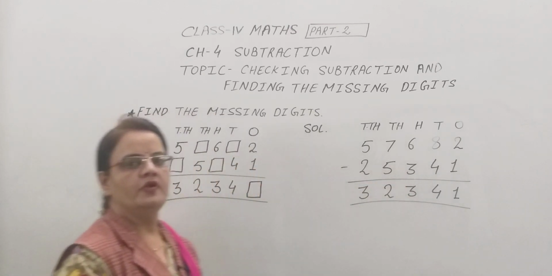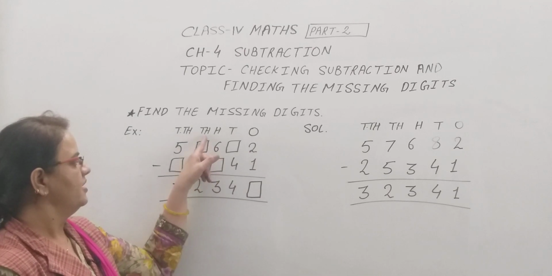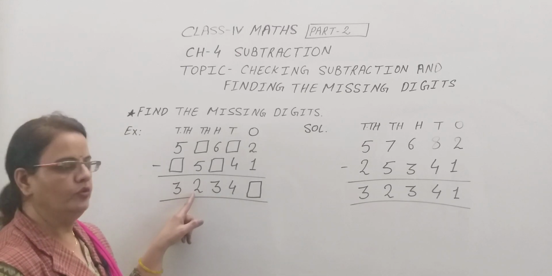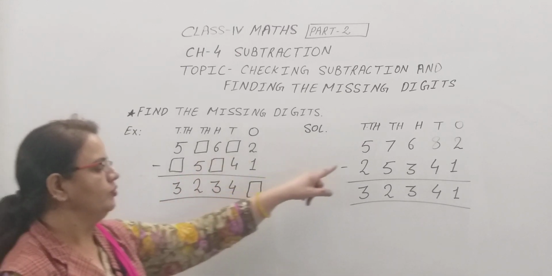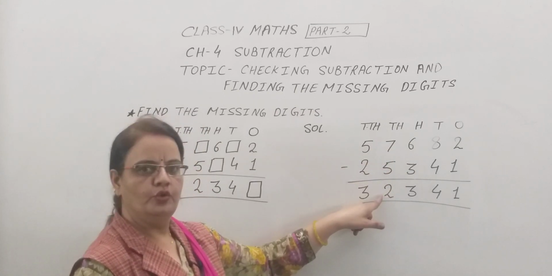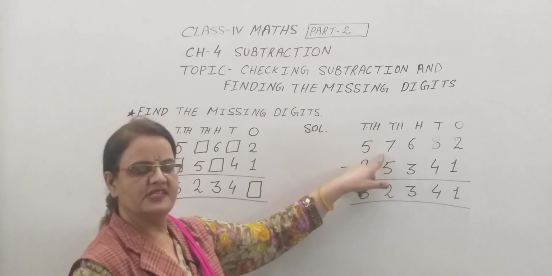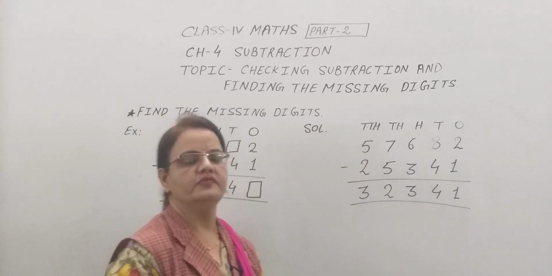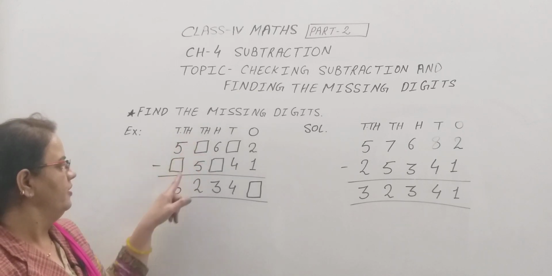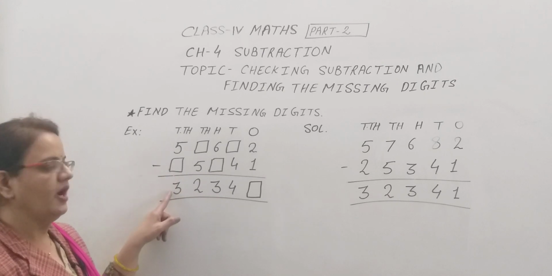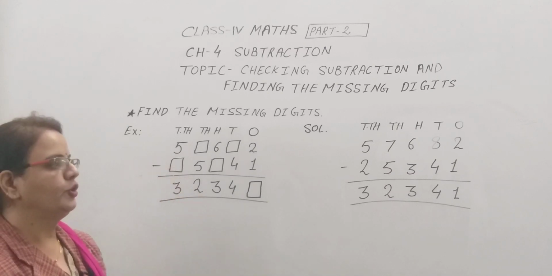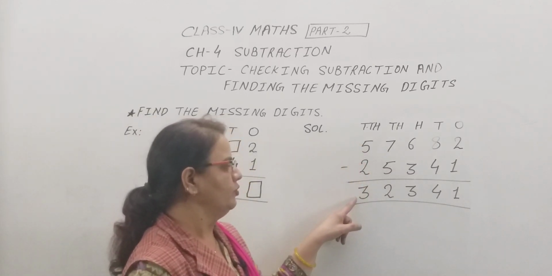Now we will move to the next place, the thousands place. So dash minus 5 equal to 2. So 2 plus 5 equal to 7, here we write down 7, and 7 minus 5 equal to 2. Clear to all? Now we will move to the 10,000 place. In the 10,000 place 5 is there, then dash, then the answer is 3. So 5 minus which number will we subtract? 2. So 5 minus 2 equal to 3.